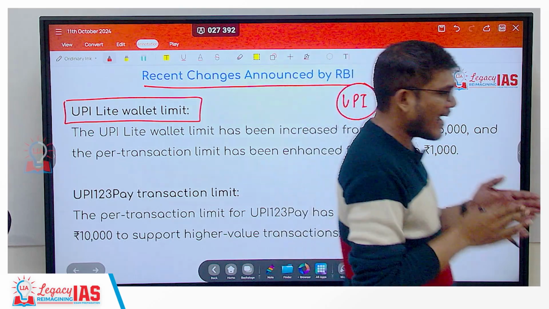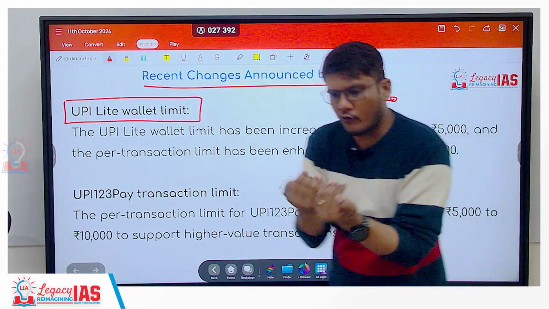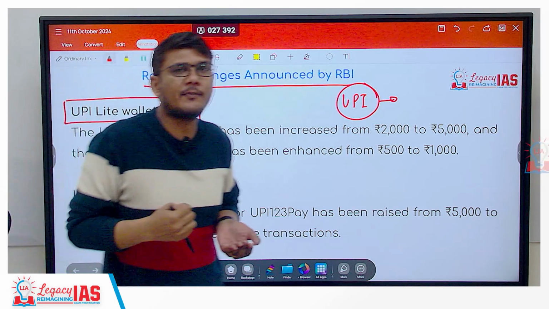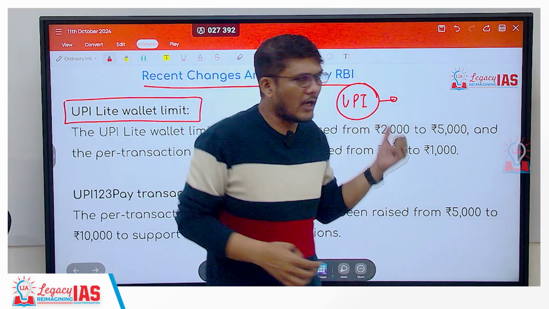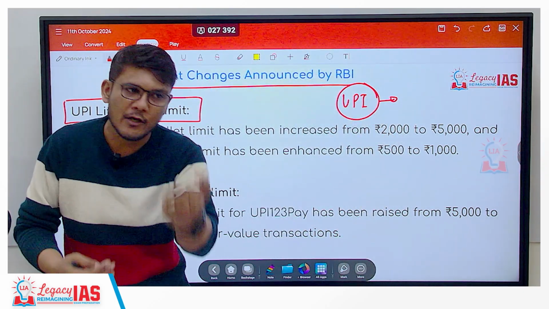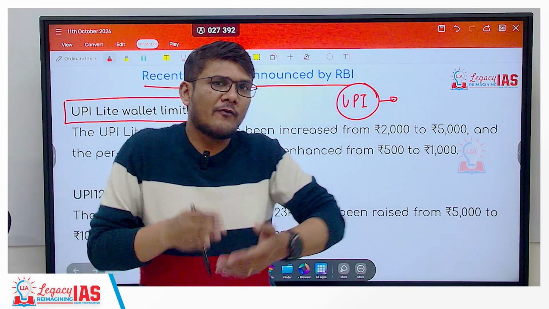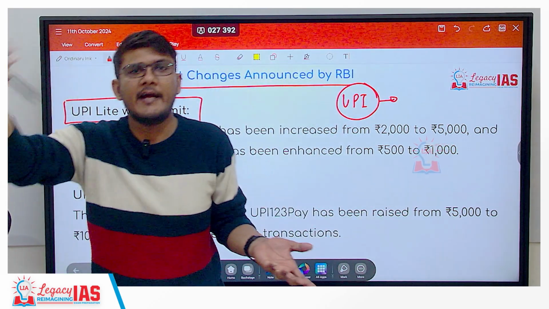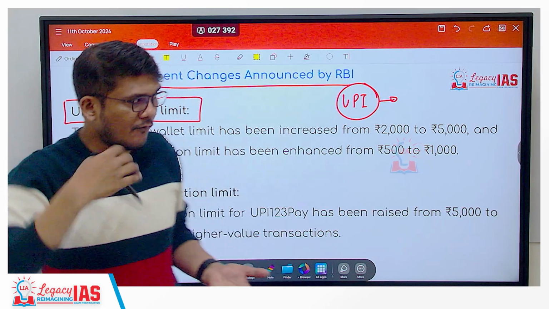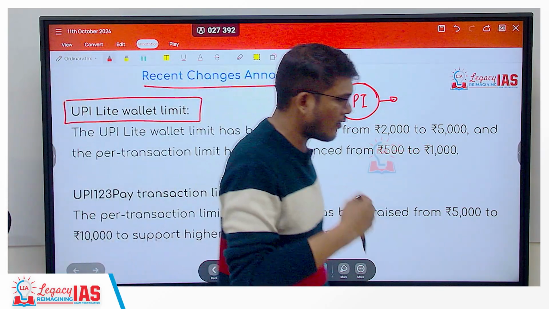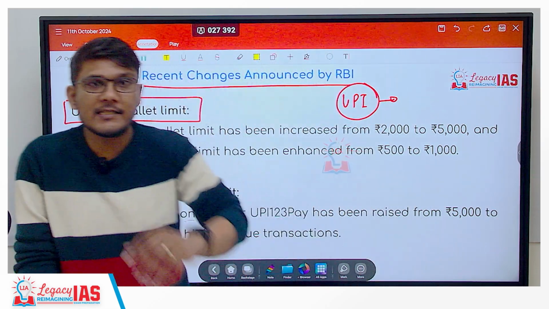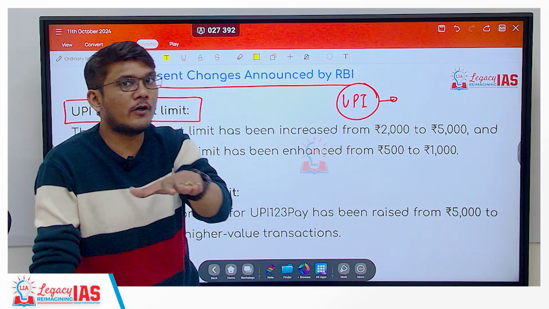Now, they had specific limits. Those small limits are now being increased by RBI, and it is required. Why will it be required? First of all, when inflation is there, the value of money anyhow goes down. So the value of the limit which would have been, let's say, 500, has to be increased to, let's say, 800, 1000. Right? Inflation is there, plus the standard of living of people is increasing. And it is not to say that you are increasing the minimum amount you can transfer. No, you are not doing that.